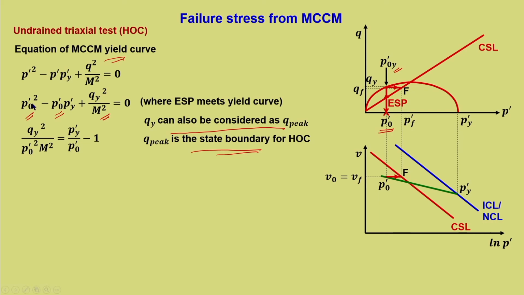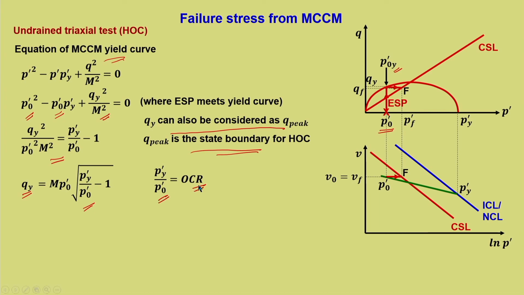So, here we will get 1 minus P dash y upon P naught dash plus Qy square upon P naught dash square m square. So, when you bring it to the right side, we will get this particular expression. Then Qy, that is the yield deviatoric stress, can be written as m into P naught dash root of P dash y upon P naught dash minus 1. So, this is a quick way of computing Qy, and we know that P dash y upon P naught dash